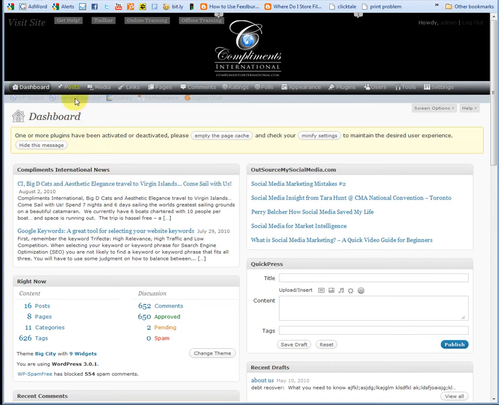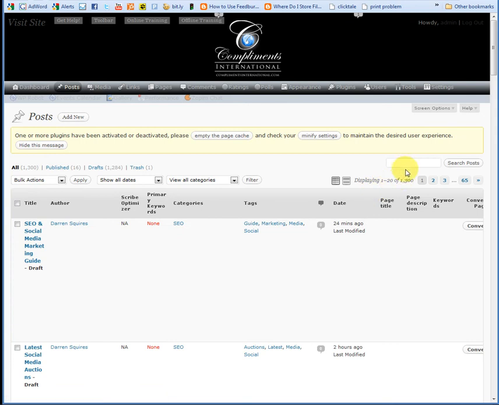So the first thing we're going to do is go to posts, and look at an existing post and all the elements and how we can weave in those key phrases in order to optimize it. So go to posts, and I'm going to do a search here. You can type in a particular phrase, in this case how to write a post, and I'm going to search my posts,